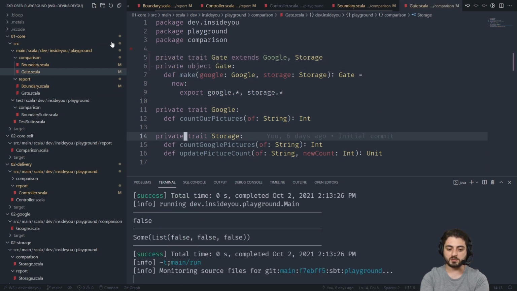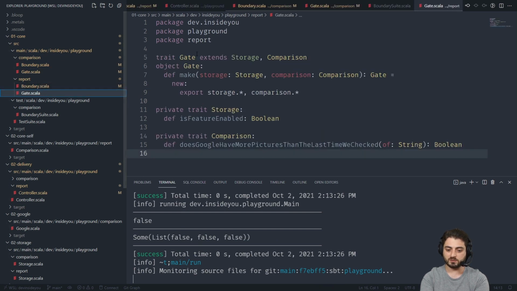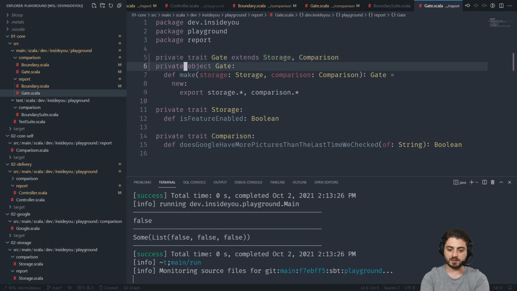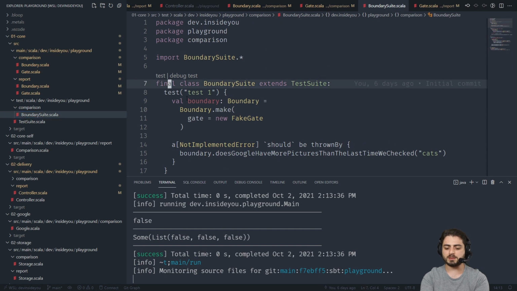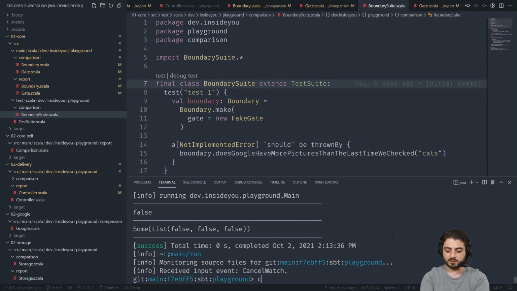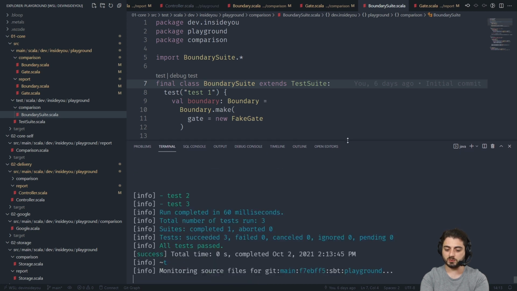Like these guys are already private. Okay, in the end, we're gonna do a clean compile just to be sure. Everything is private over here. Same thing, private. Same thing, private. Boundary suite. Well, yeah, by the way, this is one of those things. Check it out. If we're running the tests, it's an easy way to